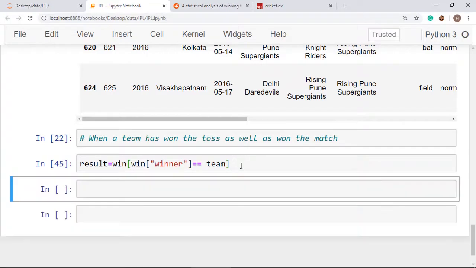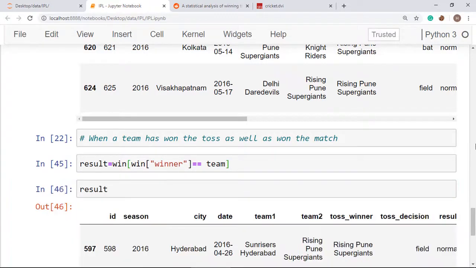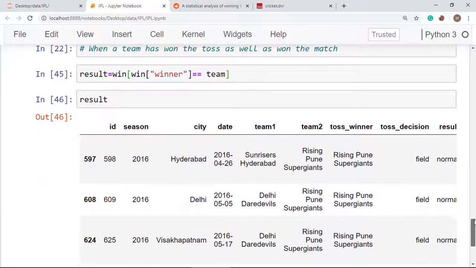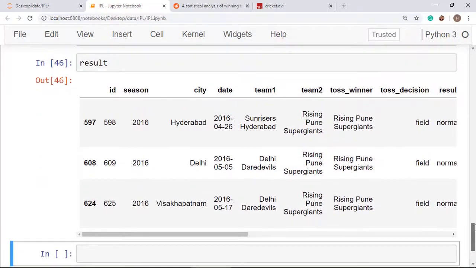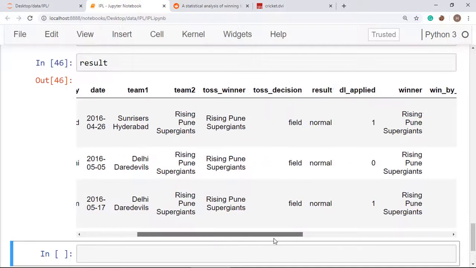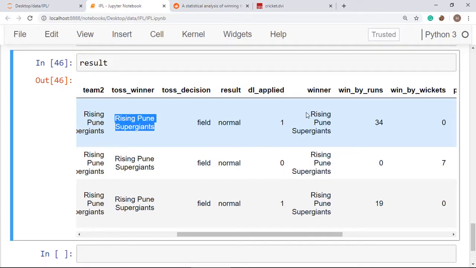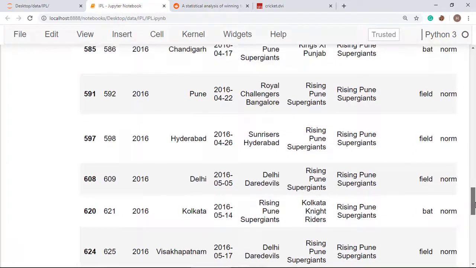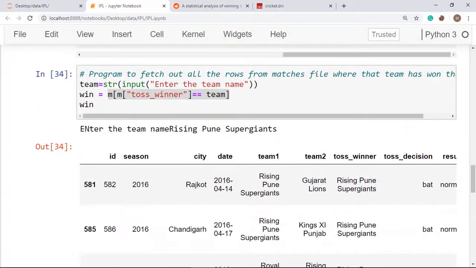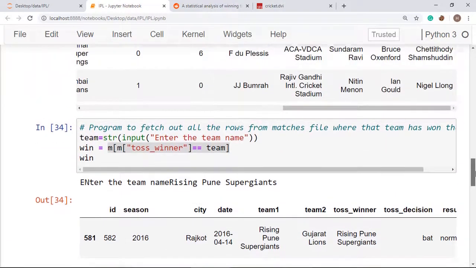So this will give us all the rows where a team has particularly won the toss as well as won the match. Now you can see here the toss winner is Rising Pune Super Giants as well as the winner is Rising Pune Super Giants. Okay, you can use this for any team. So start it from here.